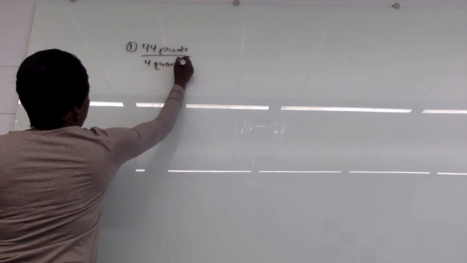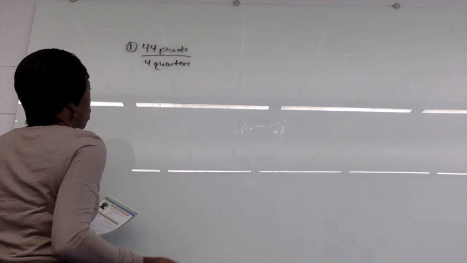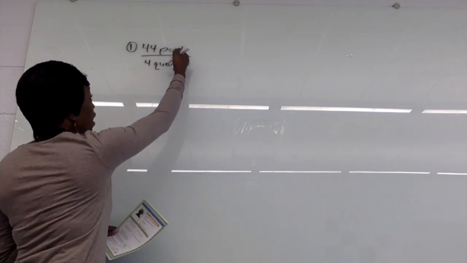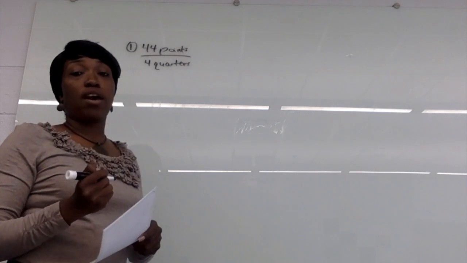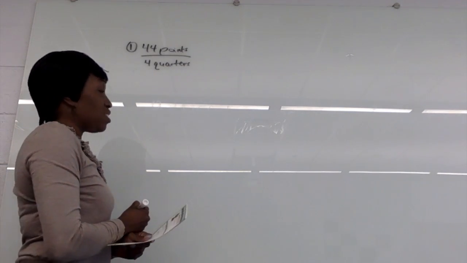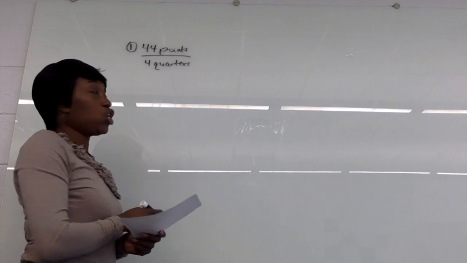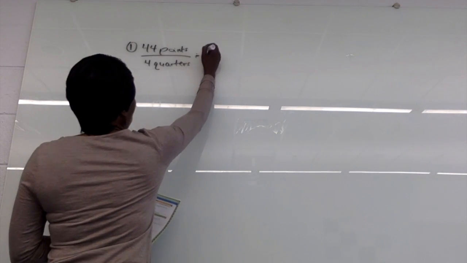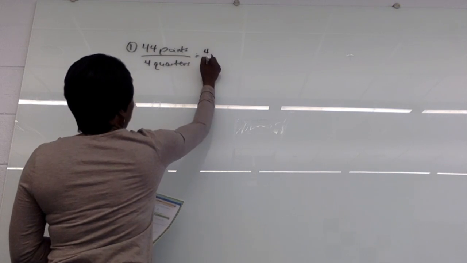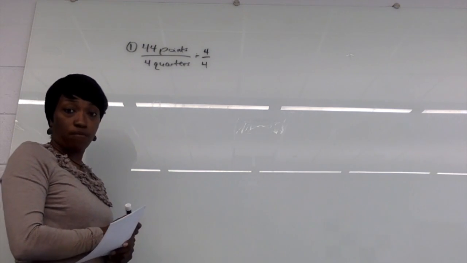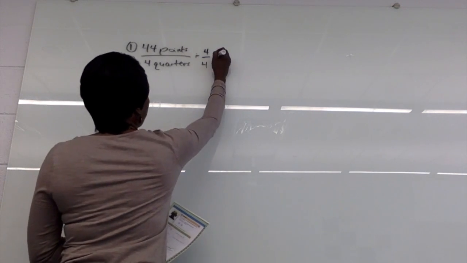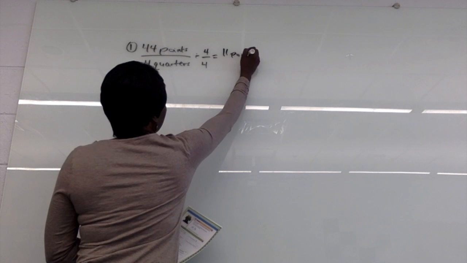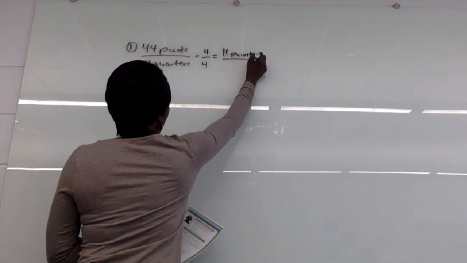in the denominator. Now, whenever we are trying to simplify a rate, and remember, you must have your unit with your numbers. If you don't have your units with the number, it is not a rate, it is just a fraction. So we're going to now divide, because 4 is the greatest common factor that can go into 44 and 4. So we're going to divide by 4, and now we end up with 11 points over